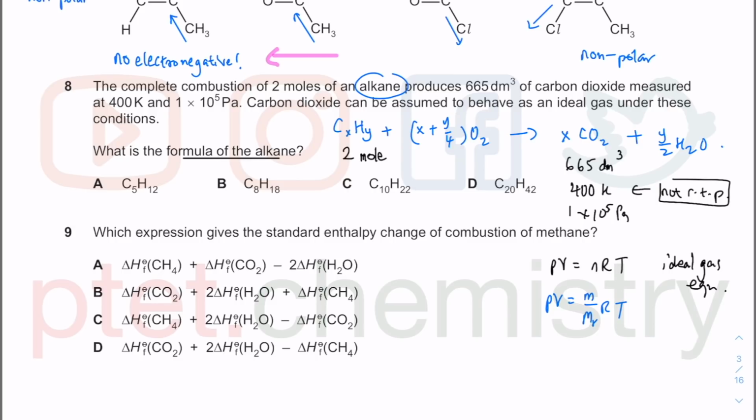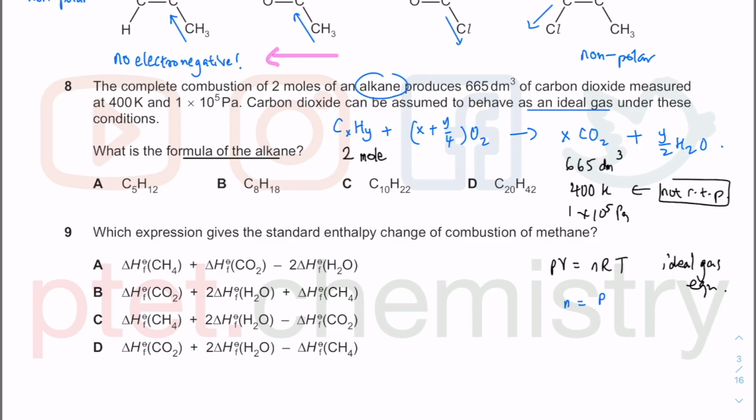Okay, I think I see it. So this one is carbon dioxide. So this is the volume of carbon dioxide. So perhaps we need to find the mole of the carbon dioxide first. If we get the mole of carbon dioxide, then we can relate the ratio here to the mole there, and we should be able to work out what is X and move on from there. So if we imagine that one is carbon dioxide, assuming carbon dioxide behaves as an ideal gas,